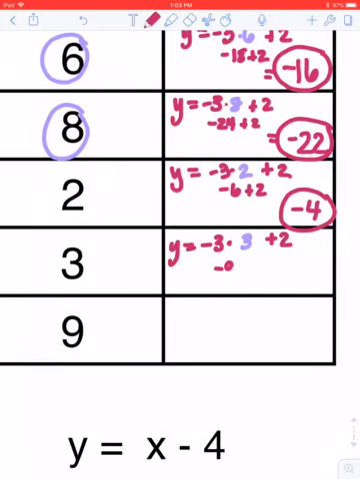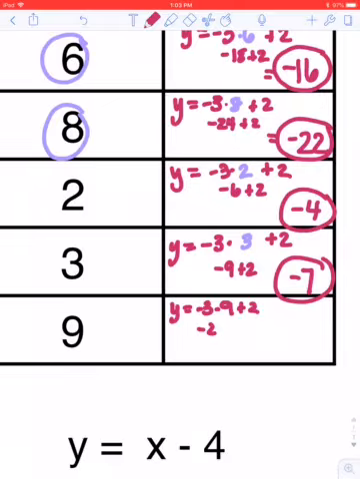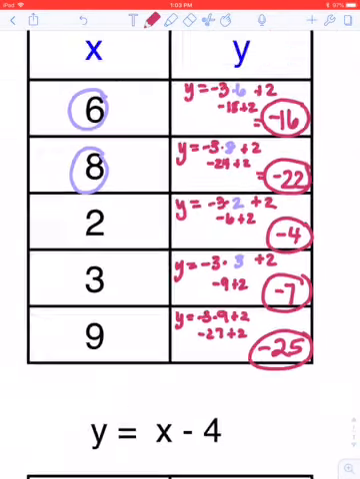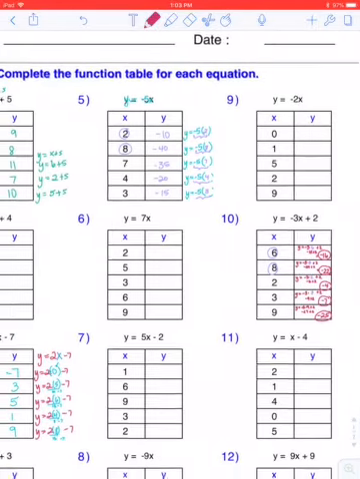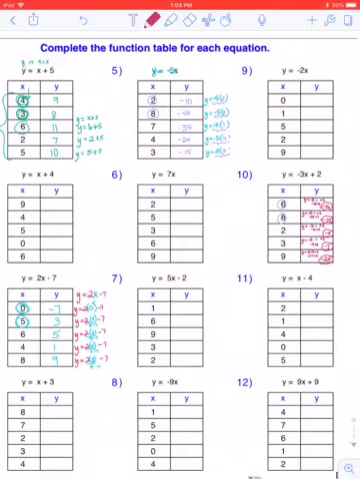Negative 3 times 3 is negative 9. Plus 2 is negative 7. Last one I didn't get to, but it's negative 3 times 9 plus 2. So it's negative 27. Plus 2 is negative 25. Okay? Hopefully this makes a little bit more sense to you now. You can finish all the other tables on this page. A lot of it you can probably do mentally, especially the ones that are just simple, y equals x plus 4, just multiplying by negative 2. Some of these